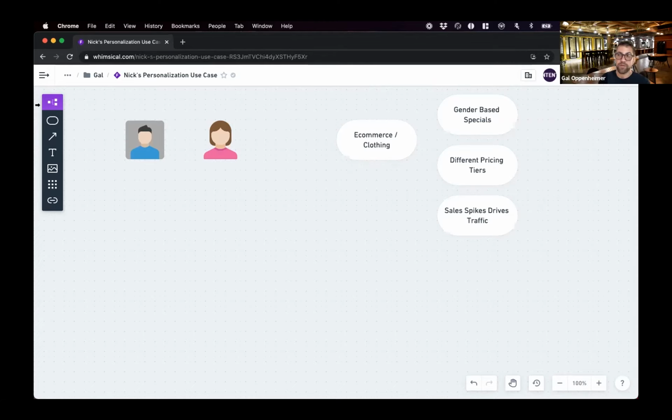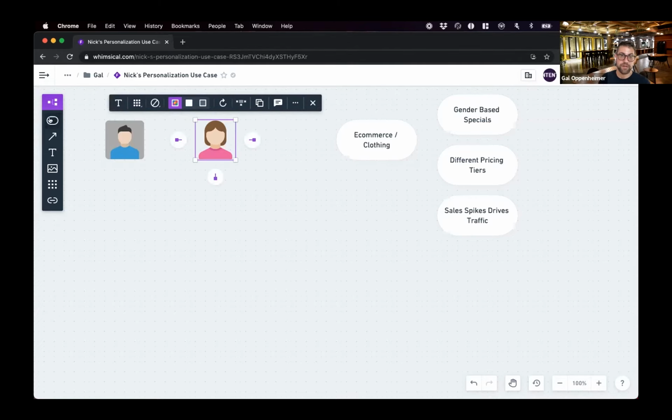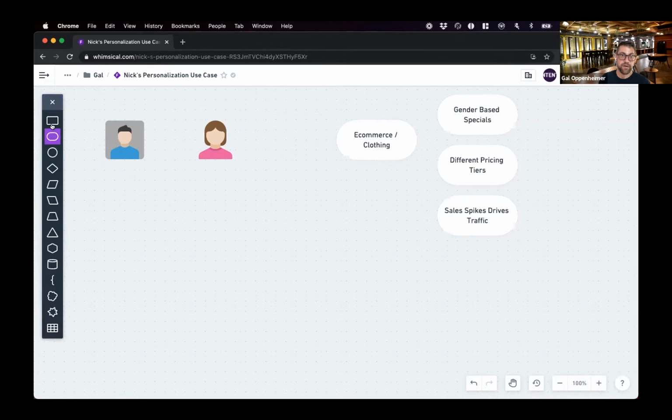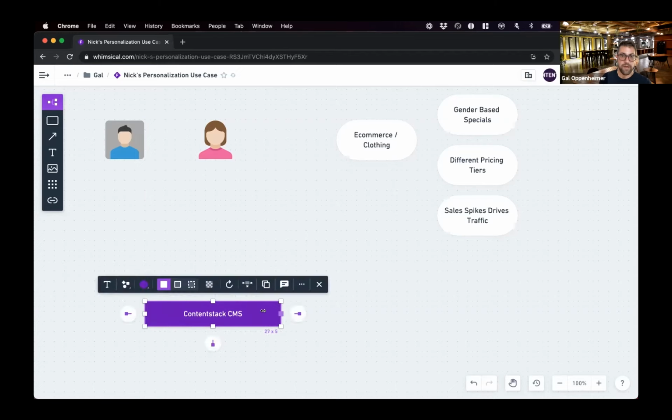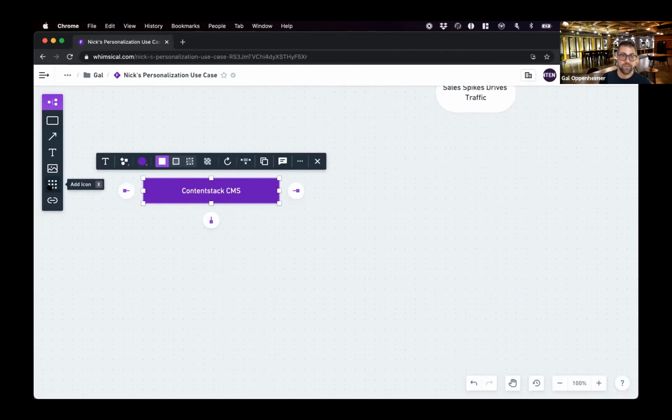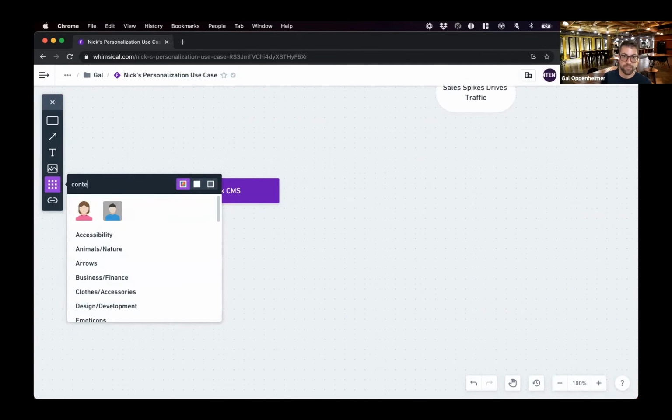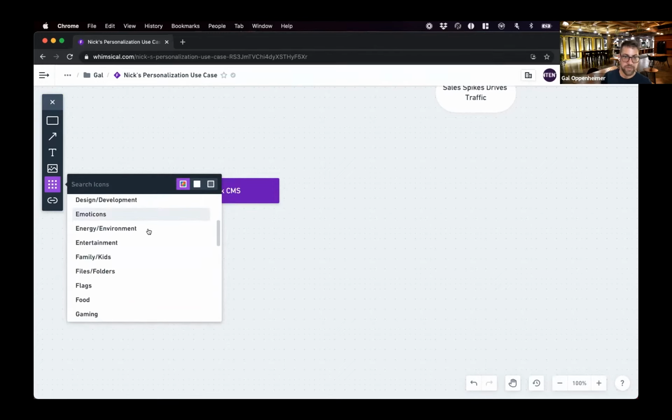Okay, great. So let's talk a little bit about what their experience is coming into Contentstack. We're going to have here down at the bottom Contentstack as the CMS. We'll make this purple, which is one of my favorite colors. And then working in this system, you'll also have a marketer. No good images. Let's see what I can find.